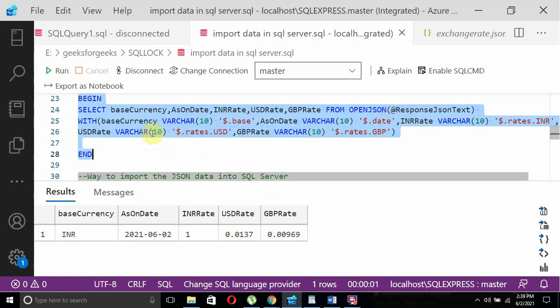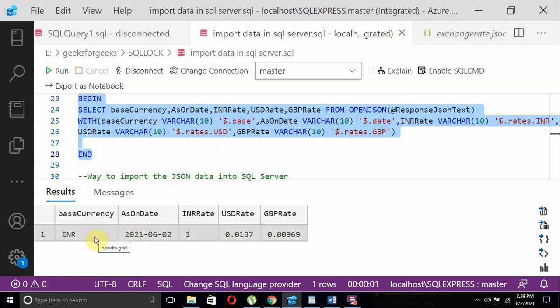I am using the base currency because I am going to take the base currency value as INR. That's why I have mentioned the column name as base currency.